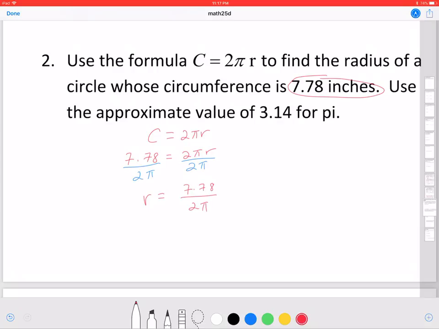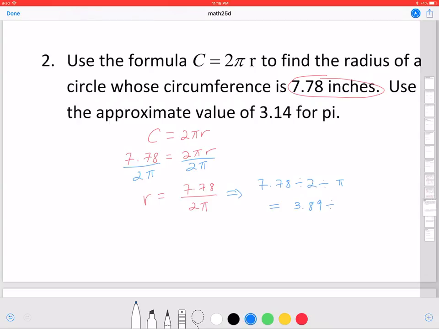Now be careful when you're entering this in a calculator. In a calculator, you can go ahead and do this process. 7.78 divided by 2 and then times pi, that's wrong. The pi is in the denominator of this last line. So instead of multiplying, you do have to divide by 2 and divide by pi. Okay, so let's punch that in the calculator. 7.78 divided by 2,